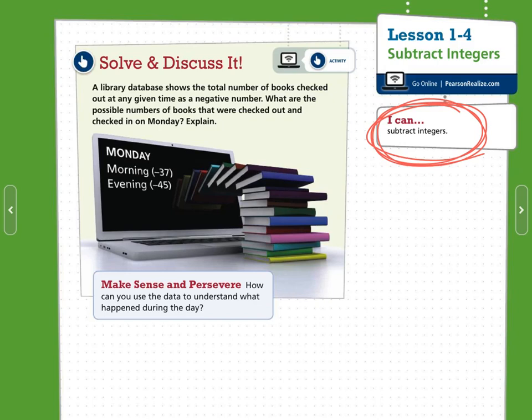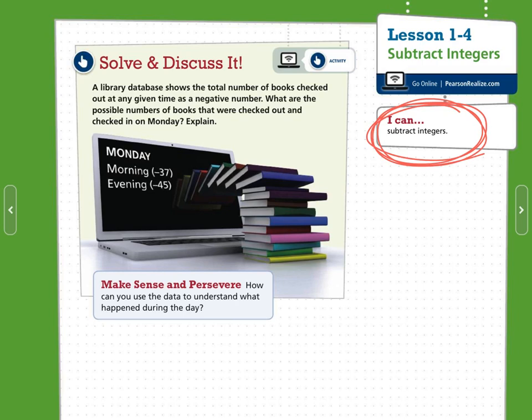Lesson 1-4, Subtract Integers. Solve and discuss it. A library database shows the total number of books checked out at any given time as a negative number. What are the possible numbers of books that were checked out and checked in on Monday? Explain. Pause the video while you attempt to solve and discuss this problem, and come back when you are ready